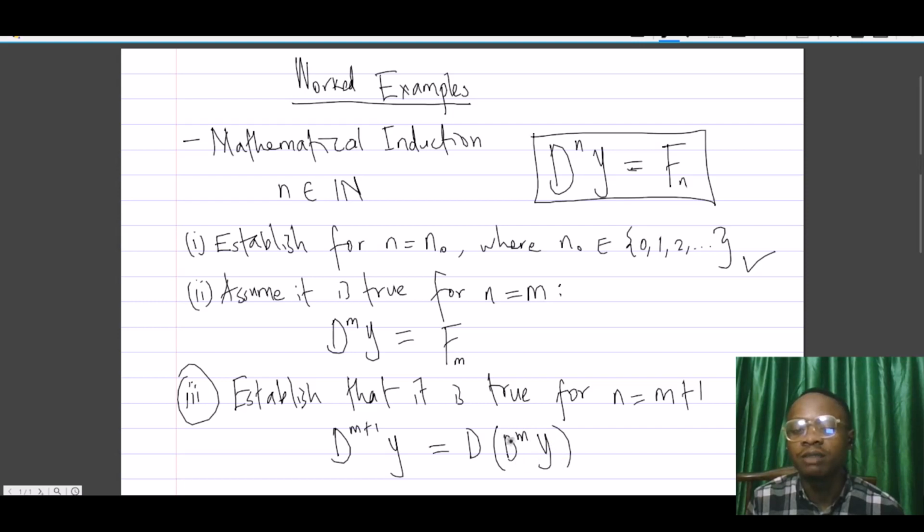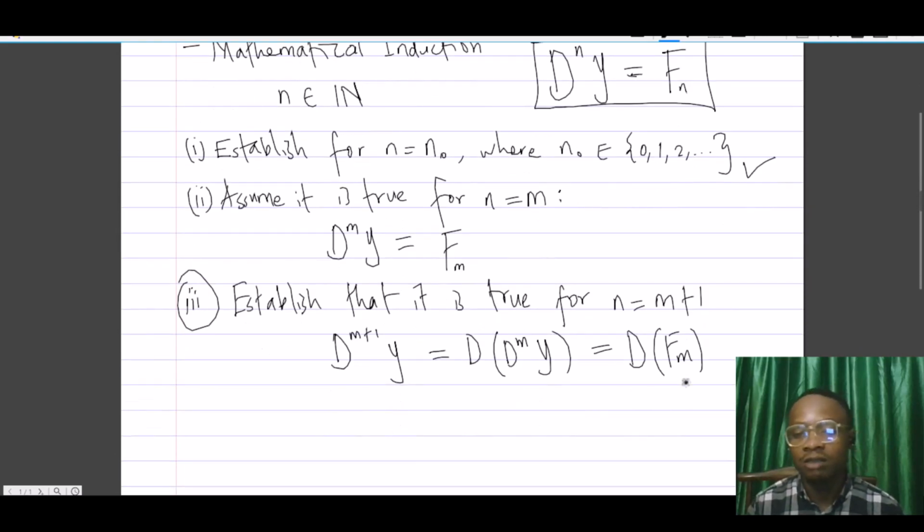So we'll take the derivative of this. We know the derivative of this already. So that means we will try to find out if this is equal to the derivative of f sub m. So we carry out this operation here and check that it is equal to the derivative of f sub m. If they happen to be equal, that is, if that happens to be